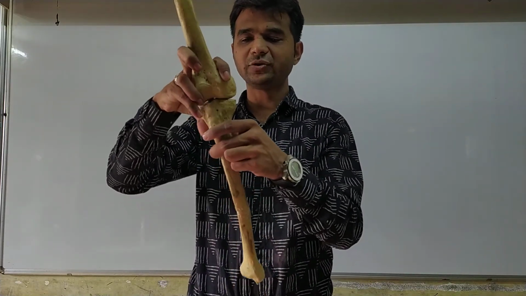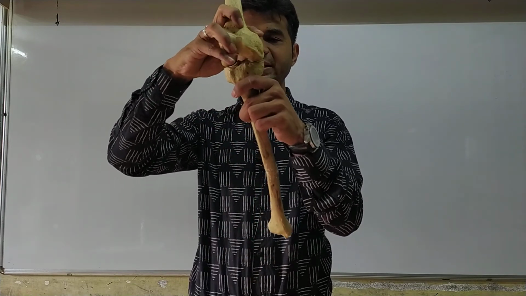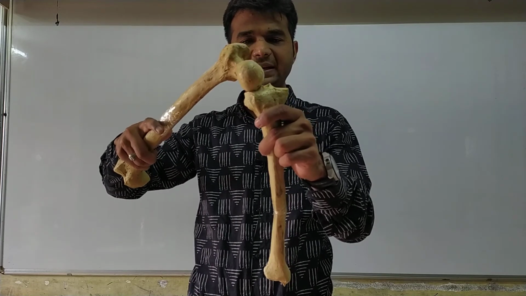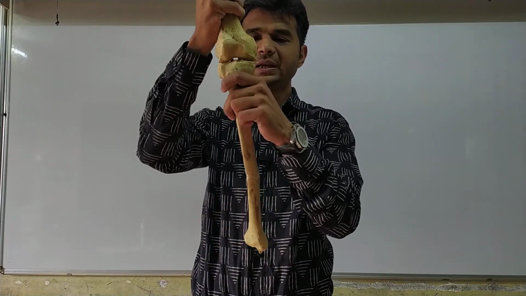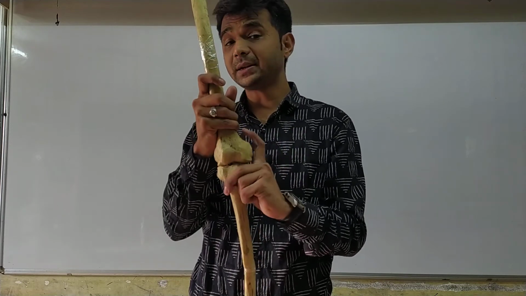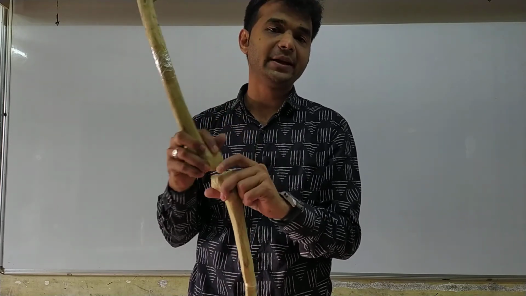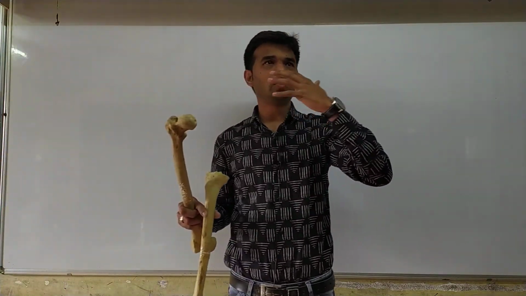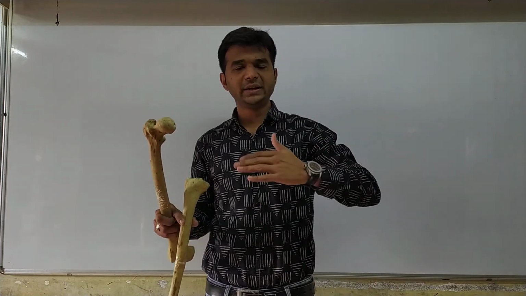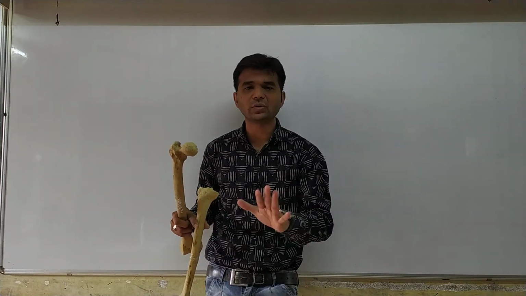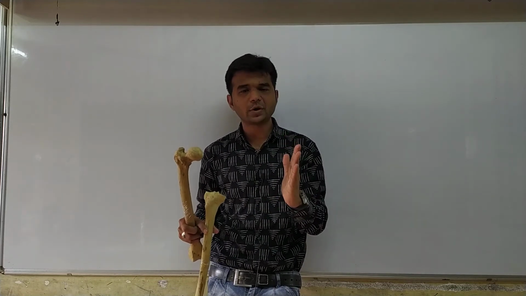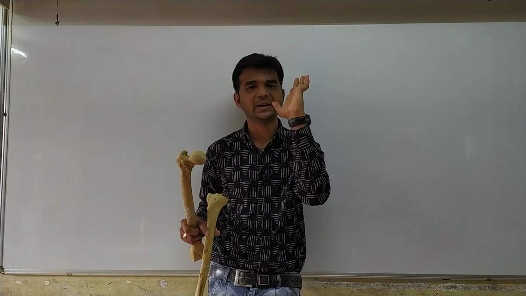Here this is the knee joint, and when you see properly, over the tibia and over the base of the femur, this knee joint is a weight bearing joint. The majority of the whole body weight is transferred through our knee joint. So in our body, most probably the knee joint is affected first.